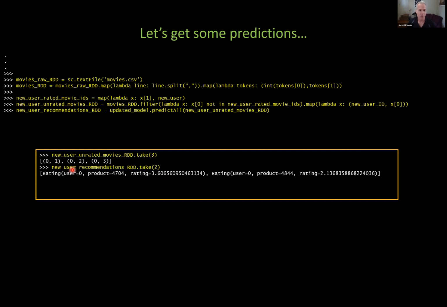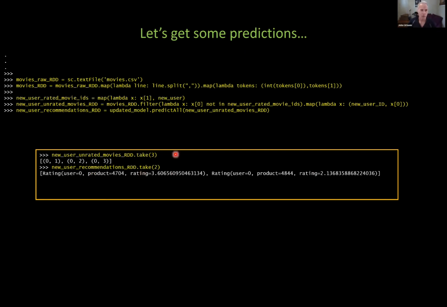So we take all the unrated movies for this user, and this user's unrated movie list is very big because the user hasn't seen most movies. Nobody's seen most movies. So if we look at all the unrated movies for a user, they're going to be pretty much movie 1, movie 2, movie 3, all the movies except for the 10 that we picked out of our 17,000 movies. So the new user unrated movies RDD is going to be most of the movies, and we want to ask for predictions for all of those. So we ask the model to predict all the unrated movies, and we get back a fairly long list of movies for the user, almost all the movies, and the predicted ratings.